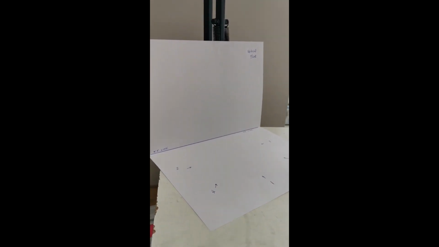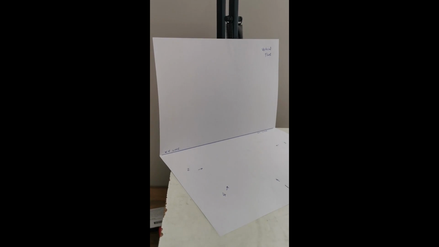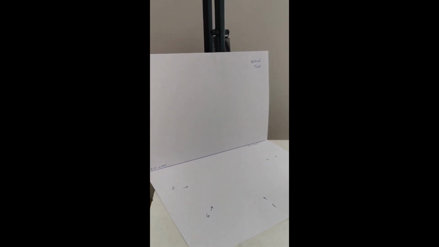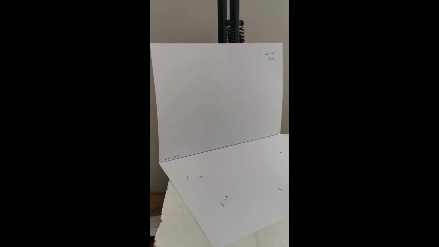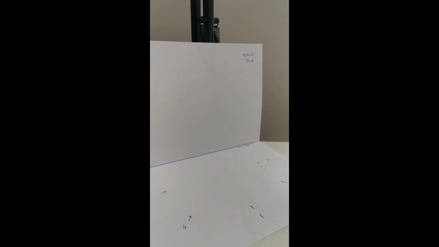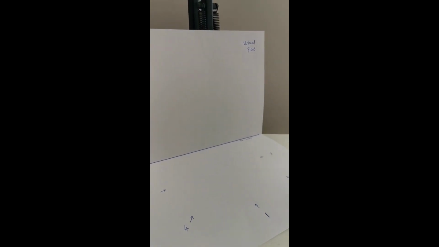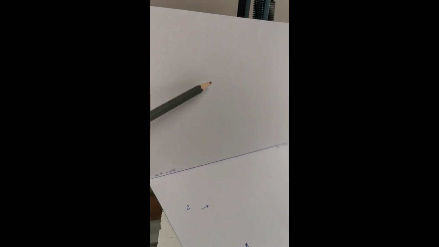Okay, I want to do a short exercise here on auxiliary elevations, and I'm going to try and link it back to the basics of orthographic as well. Linking it back to the basics of orthographic means that we have here a horizontal plane which represents the ground. We have a vertical plane here which, as it sounds,